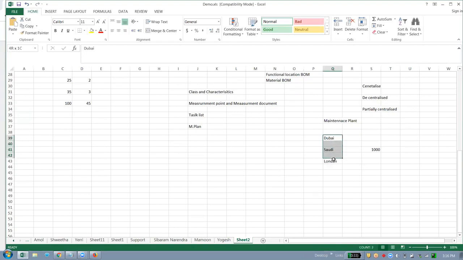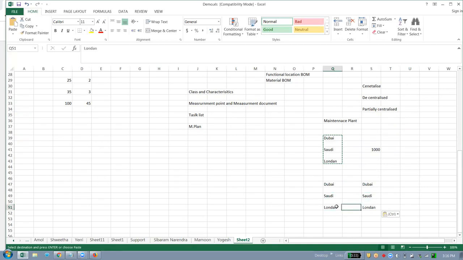There could be other places where the business process differs. Here car, here chemical, here some other process. In that case the planning plant will be different, because planning for each plant should be done separately. For the car, a separate planning plant should be done. For the chemical, a separate planning plant should be done.